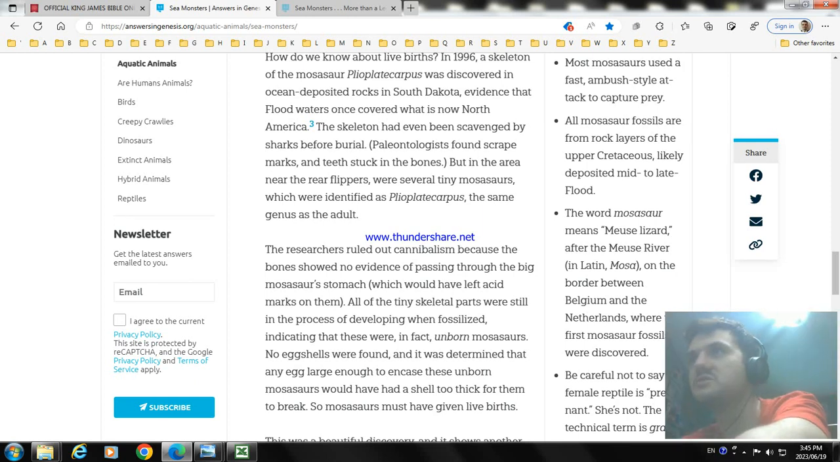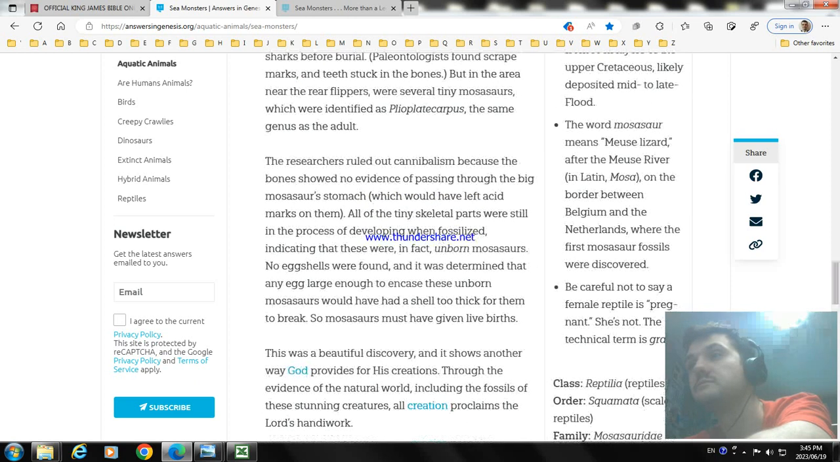All mosasaur fossils are from rock layers of the Upper Cretaceous, likely deposited mid to late flood. Mosasaur means Meuse lizard, after the Meuse River, in Latin Mosa, on the border between Belgium and the Netherlands, where mosasaur fossils were discovered. He goes on to say,